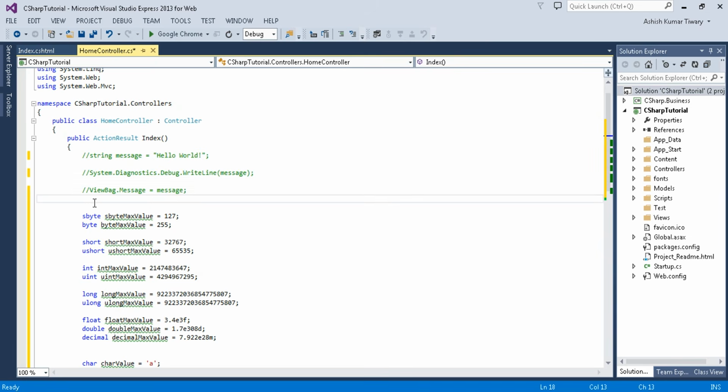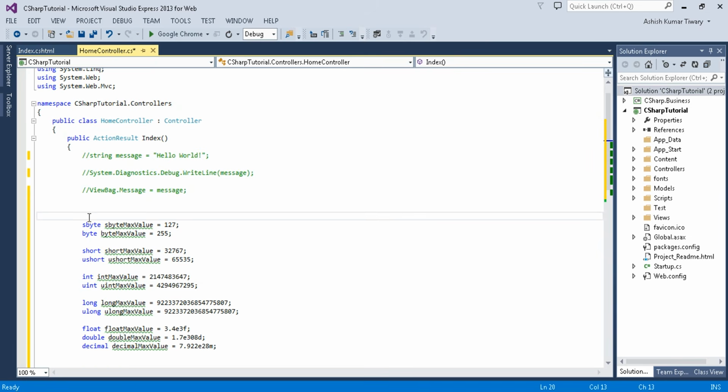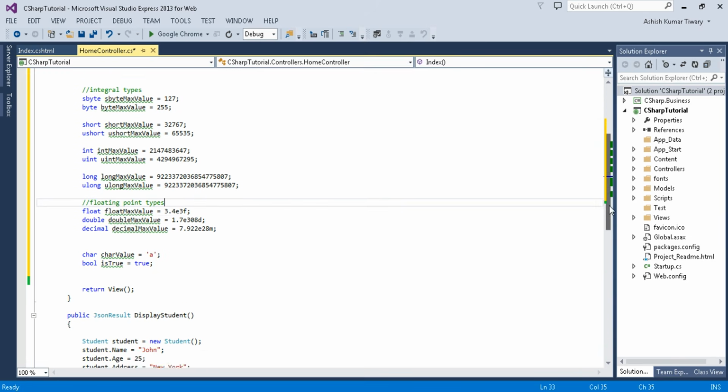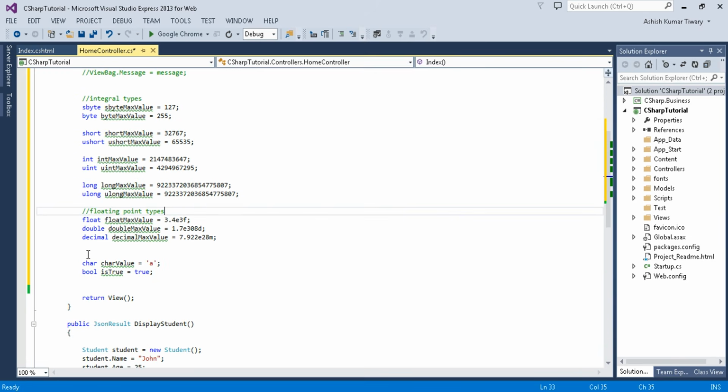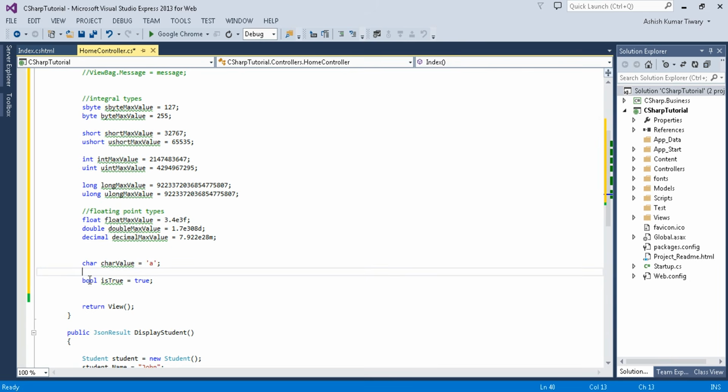Then here I can just say these are integral types, and these are the floating point types, this one is char and this one is bool.